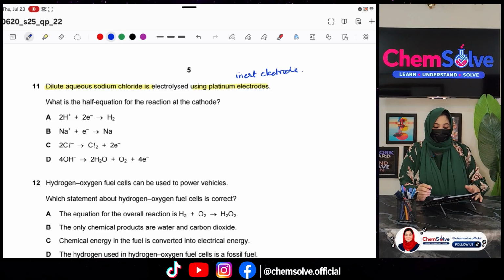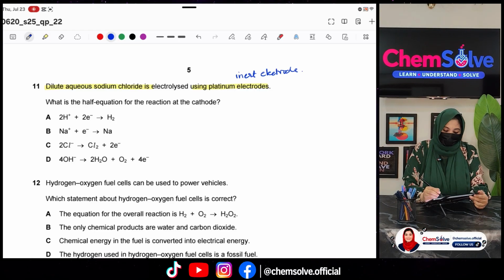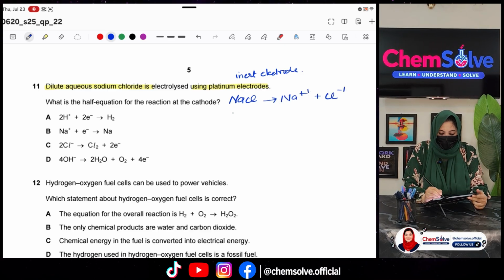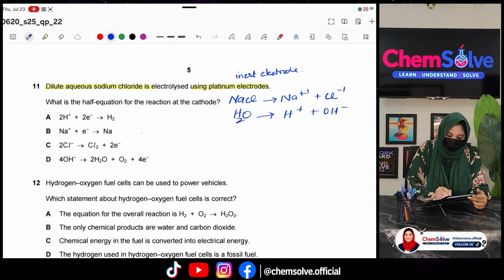Okay, so let's ionize our electrolyte. The electrolyte is NaCl. It would be Na+ and Cl-. And as it is dilute, it means it has water as well, so H+ and OH-. So we have